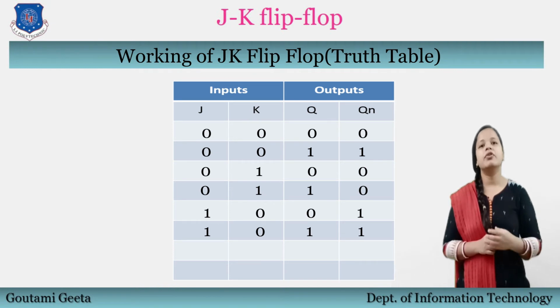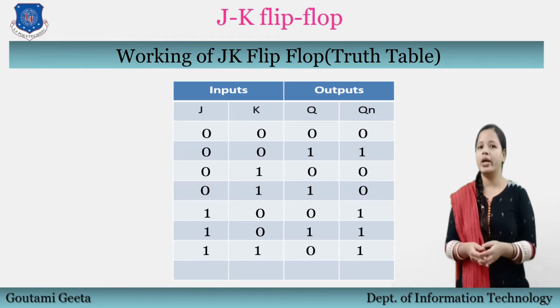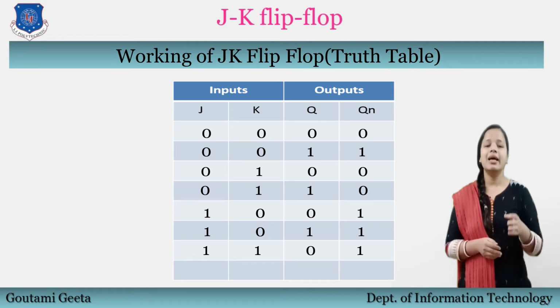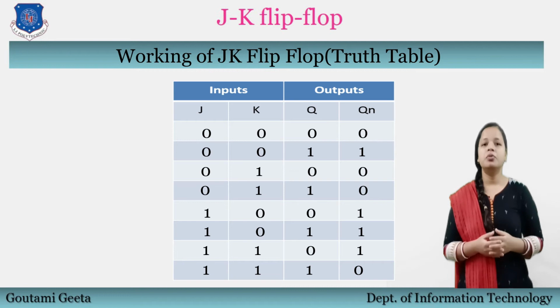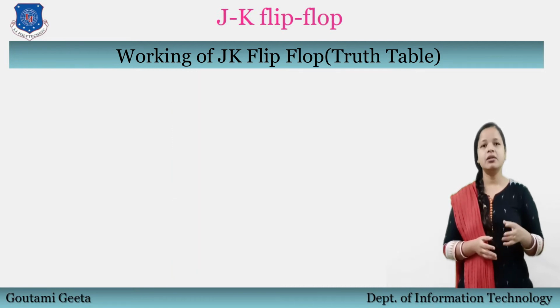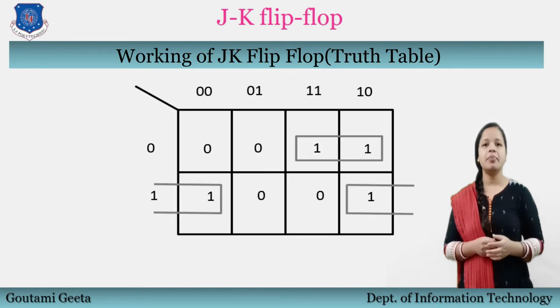When J is equal to 1 and K is equal to 1, for Q is equal to 0, we get Qn is equal to 1. When J is equal to 1 and K is equal to 1, for Q is equal to 1, we get Qn as 0. When we put these values of the truth table in the K-map, we get the K-map as shown in